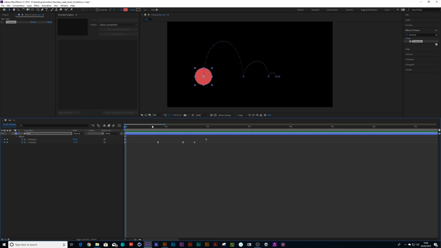Now, another cool method is we currently have this animation running at 25 frames a second. You can also use an effect called Posterize Time. If you drag Posterize Time on there, what it does is, imagine you're at a stop frame animation. Stop frame animation is usually done at 12 frames a second. So if we wanted more of a jittery type of effect, we can halve this to 12